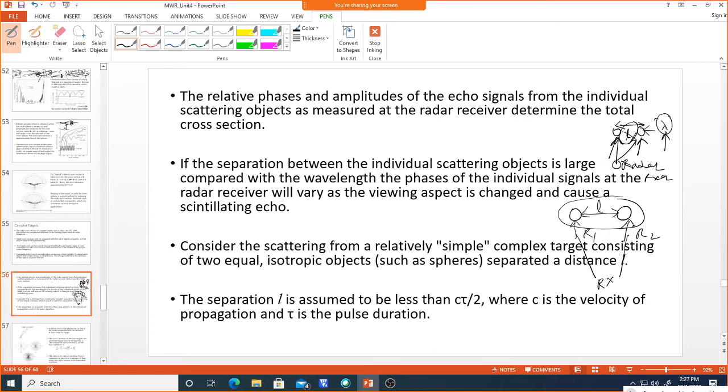To compute the complete RCS of these two targets, we need to take care of the separation, the ranges,